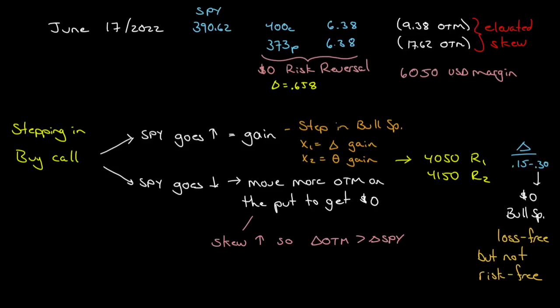So let's look at an interesting trade on the SPY. We're at 390.62 right now. And just to finish up the thought I had on the previous screen, there's a distinct difference between the real economy and the financial economy. We see the financial economy and we extrapolate that to the real economy. Whereas 85-90% of the people out there have no idea what's going on in the financial economy. They are the real economy.